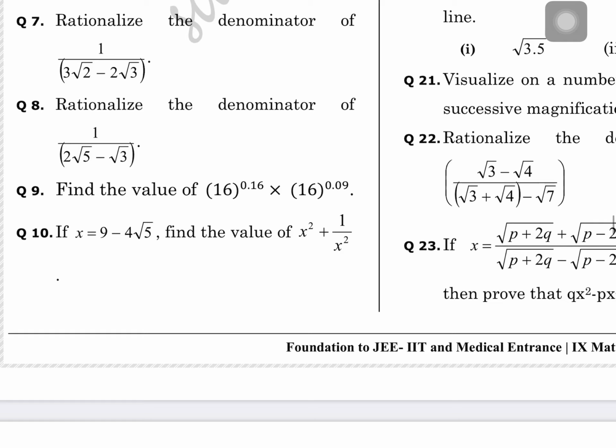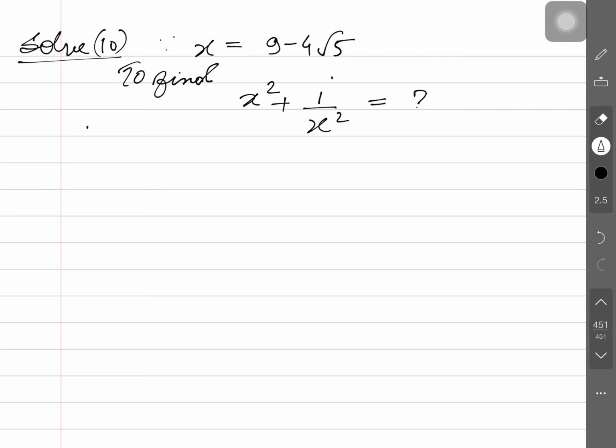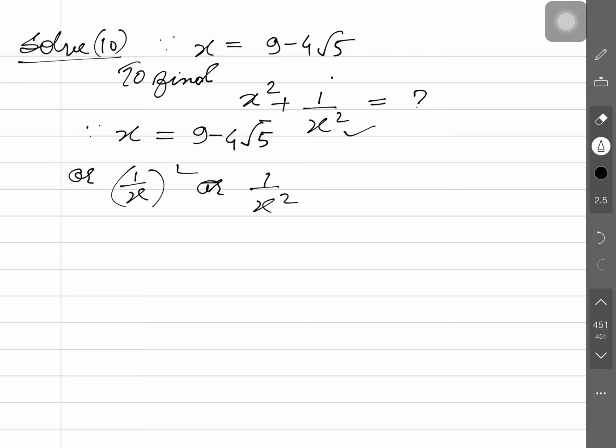this is given here. So, what is the direct approach to solving this question, what do general people think? Simply put the value of x in place of x and resolve it, we will find the answer. No, it is not like that here. You will think that here x is equal to 9 minus 4 root 5. We also need to put here the value of 1 by x. Why? Because if you square 1 by x, it shall be what? 1 by x square, because the square of the whole expression is the square of the denominator.